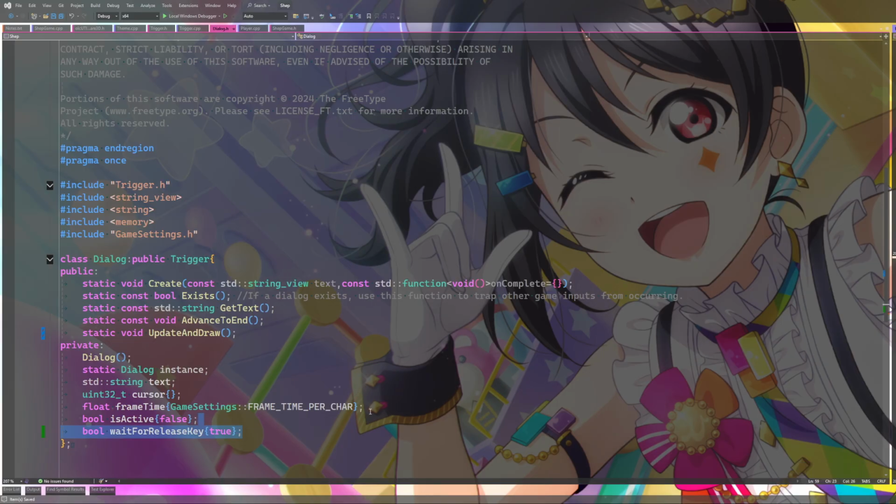Because if we wait for a release, what if we pop up a dialog window without having to press a key? This is just for this case, right? So that might not necessarily be a thing. So we'll do instance, wait for release key is true when this happens. If not, wait for release key and this.